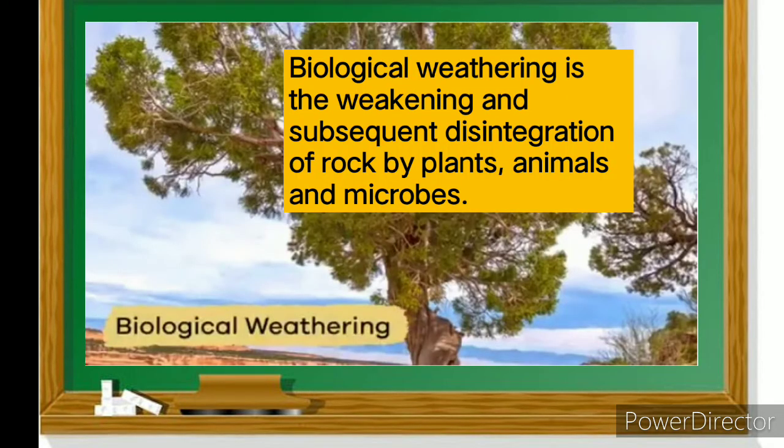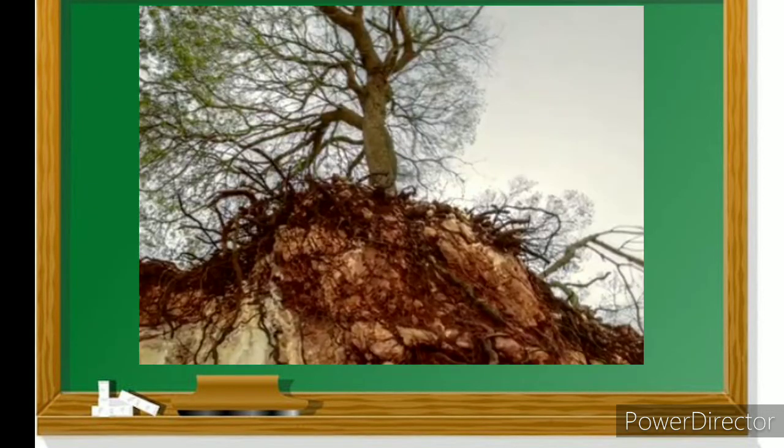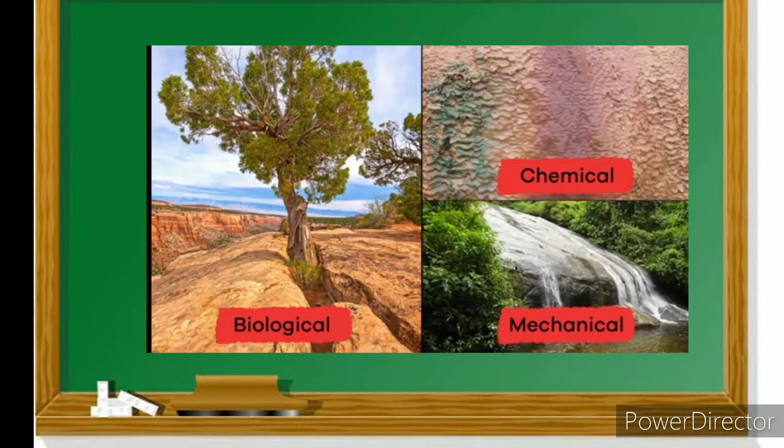And last, biological weathering is the process that occurs when plants, animals, and other living organisms cause larger rocks to be broken into smaller pieces. For example, worms and tree roots. Tree roots and worms are two examples of biological weathering because in both cases, the weathering happens because of a living organism. These three types of weathering cause rocks to break up into smaller pieces, which sets the stage for